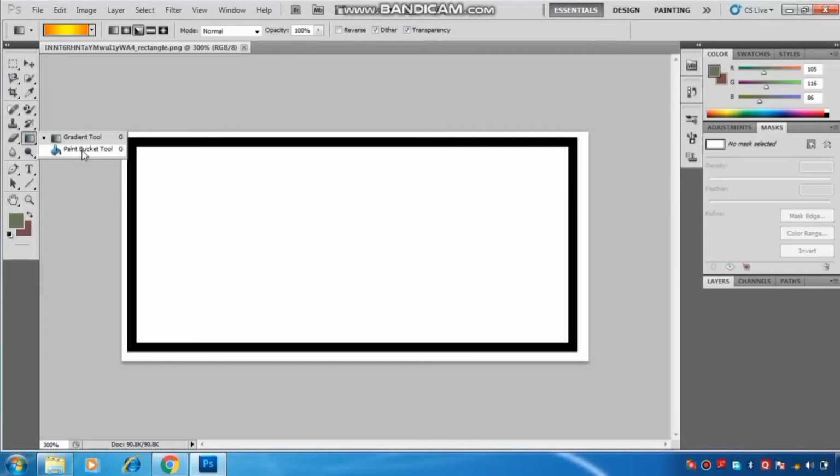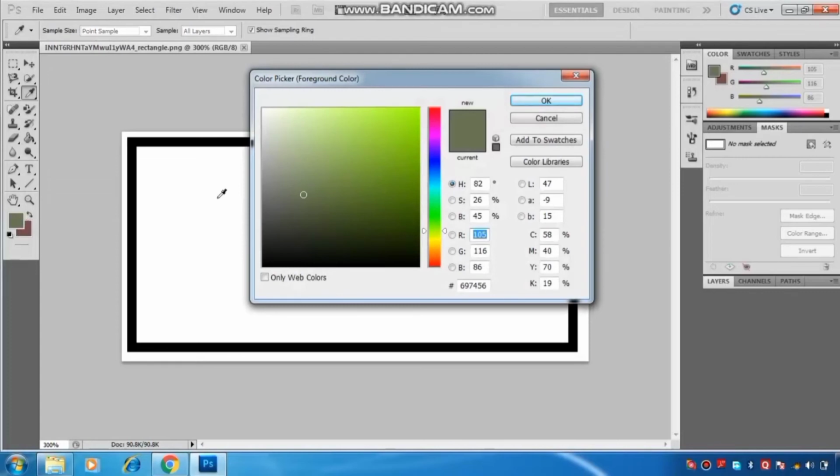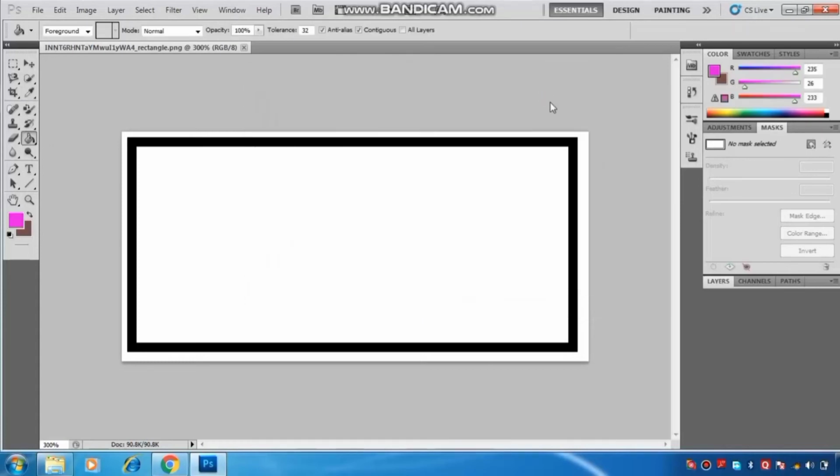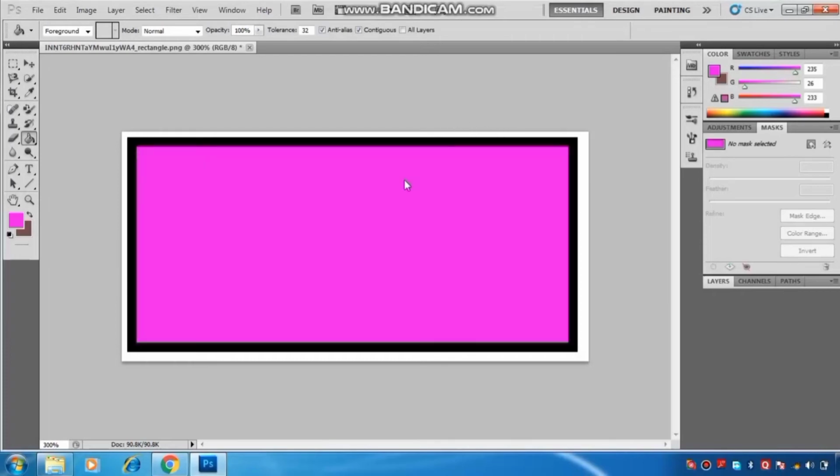Okay, so select the paint bucket tool from the gradient tool and click the foreground color option. From here you will select the foreground color. Just click here and you will find the different foreground colors. Just select the color and click on OK option. Okay, now click inside the selection to fill in the selection color like this. Okay, here you have seen the shape will fill with a color. Okay, hope you all are clear with the paint bucket tool.